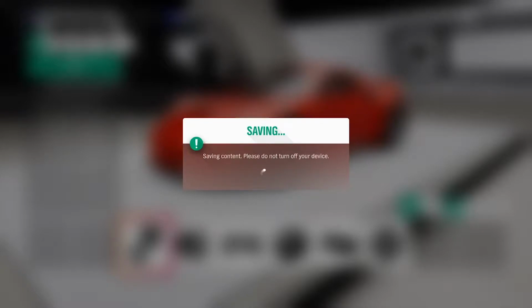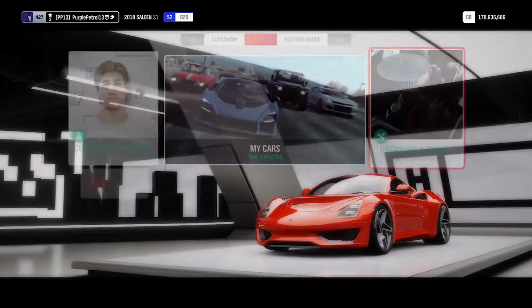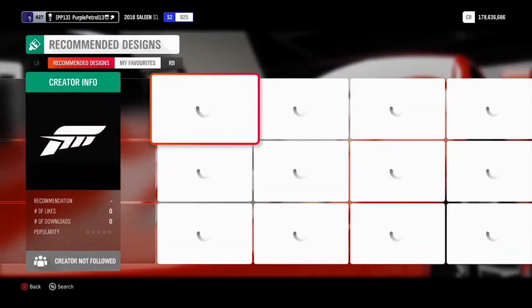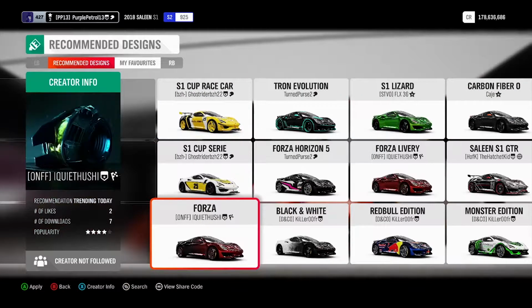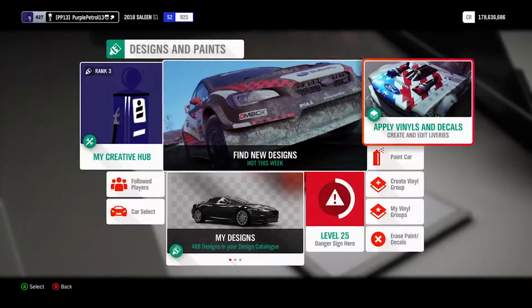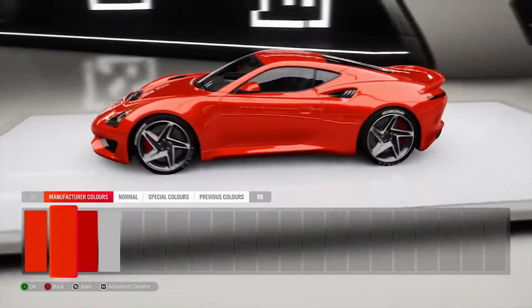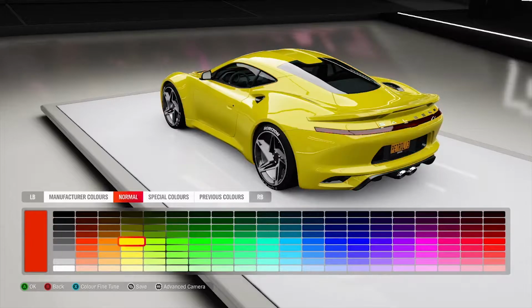But obviously, before we go out and test this one out, we need to look at the designs, which I probably don't want. Yeah, it is quite early on still, so there's a Stradman one. I don't think he owns one of these. Right, okay, let's not do that. Let's find a manufacturer colour, which I'm guessing there aren't many of. Okay, well, the orange is the nicest, although I kind of feel like maybe